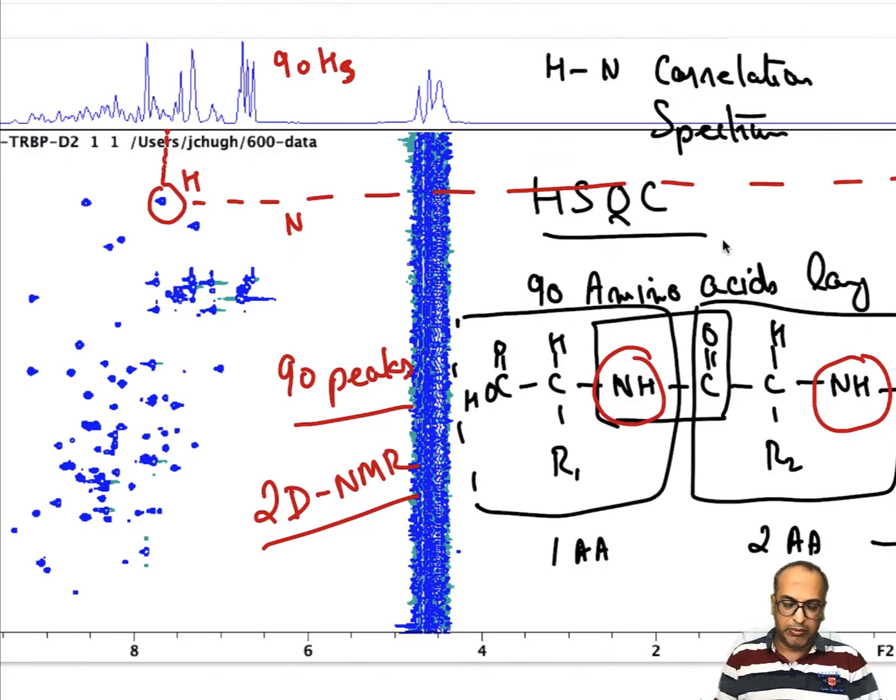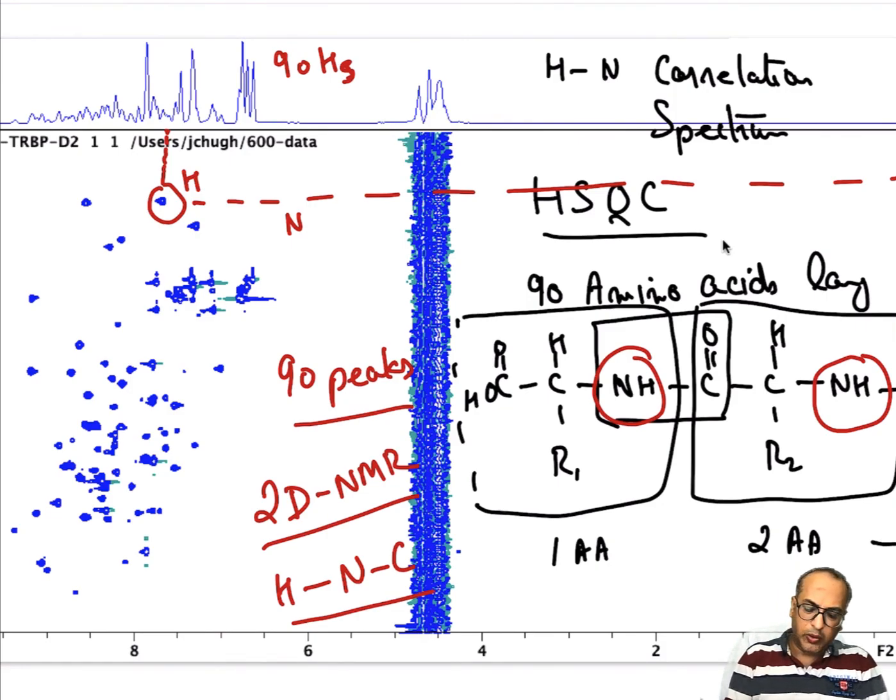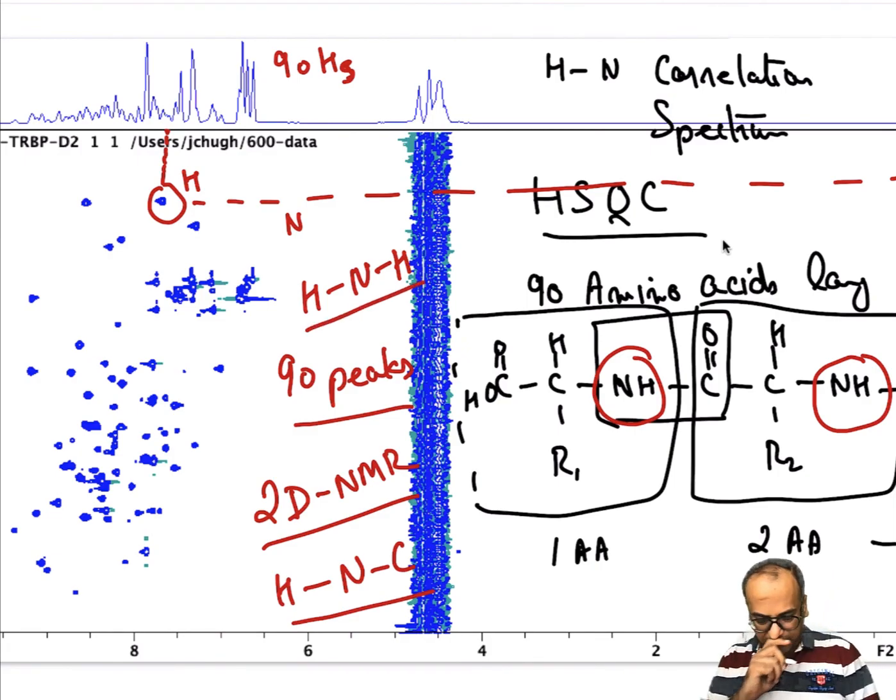When we look at the examples of these 2D or multi-dimensional NMR experiments, in general these are called multi-dimensional NMR experiments. This particular example is two-dimensional because there are two chemical shift axes, one of proton, another of nitrogen. One can go on recording a correlation between proton, nitrogen and carbon, and then it will be called a three-dimensional NMR experiment. You can also record a correlation between proton, nitrogen and proton. It is still a three-dimensional experiment. We will see all of that in later sections when we discuss a few more examples.